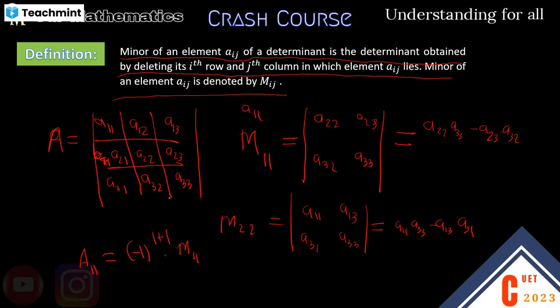First row cancel, first column cancel, and take the determinant of what remains. For a23, it is (-1) to the power second row plus third column into